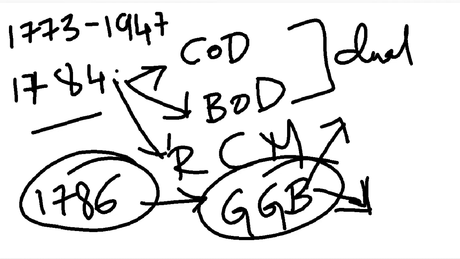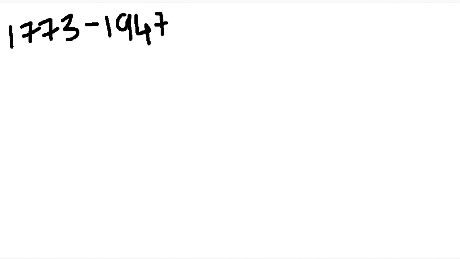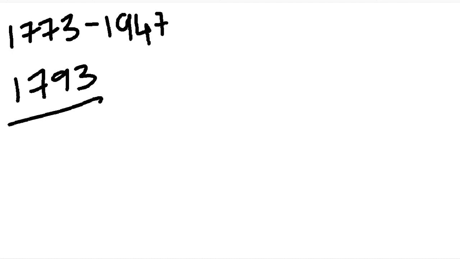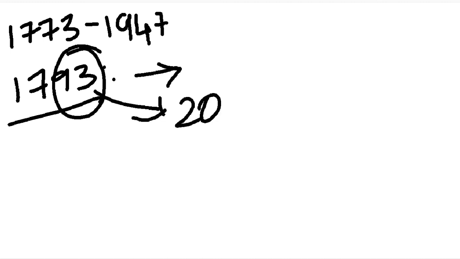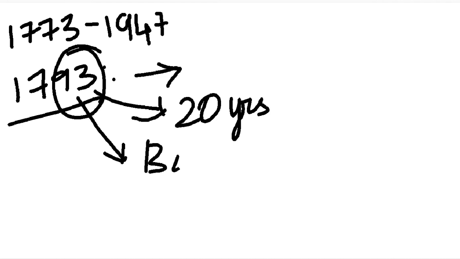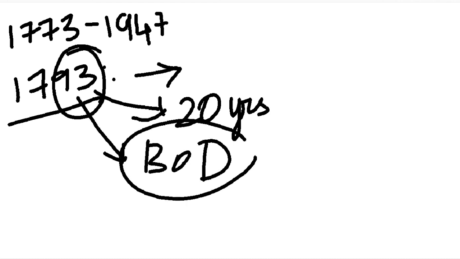Then we'll have the Charter Act of 1793. So let's go with this. The Charter Act of 1793. In this 1793, the overriding powers of Cornwallis were extended to all the other Governor Generals of Bengal. And in 1793, the trade monopoly was extended for 20 more years for the East India Company, and the Board of Directors were asked to take salaries from the Indian revenue, and